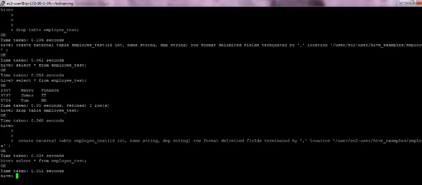So now we know what is the difference between a managed table and an external table in Hive and in which scenarios we need to use either of these. A managed table will move the data into the warehouse directory and on drop data is also removed. But for an external table, data is managed externally and it allows the lazy creation of data even after the table creation. And data is not removed when the table is dropped, and also vice versa, the table is unaffected when the actual data is removed from the HDFS location. This is useful when data has to be manipulated by any other tool apart from Hive.